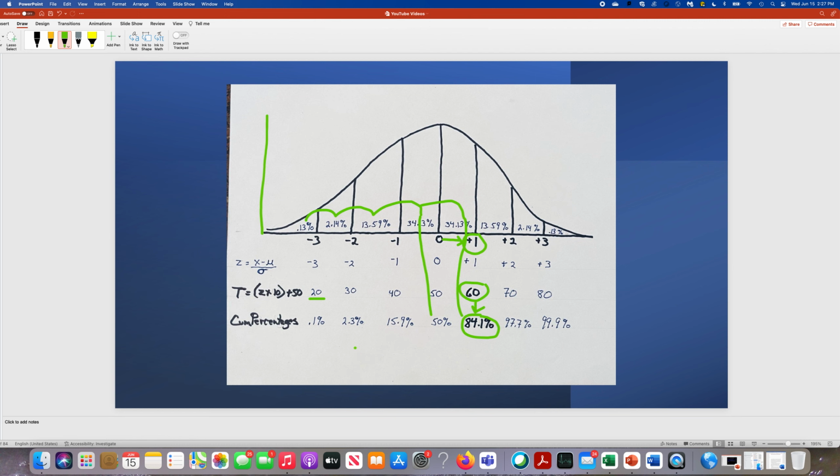Now this is again very helpful. For instance, when I was doing some research, I was using 2 different depression measures. Each one of those depression measures was scaled differently. Depression on one of the scales was 1 to 20, and on the other was 1 to 40. When you're trying to compare raw scores that are scaled differently, it's very difficult. But once you standardize these scores into a t-score,